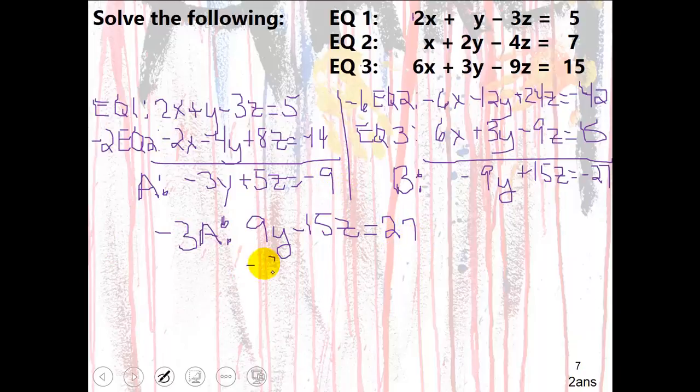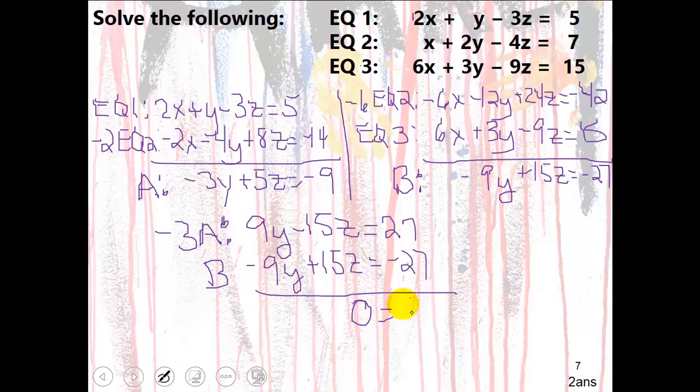And I have negative 9y, this is equation B, plus 15z equals negative 27. And at this level, I get 0 equals 0. So this is infinite solutions